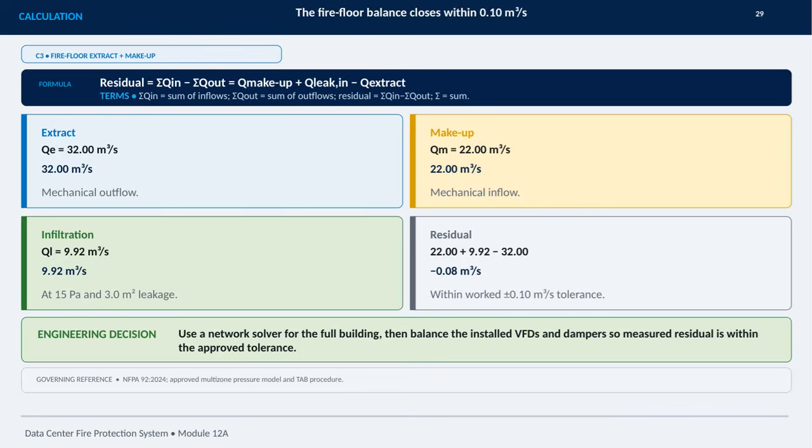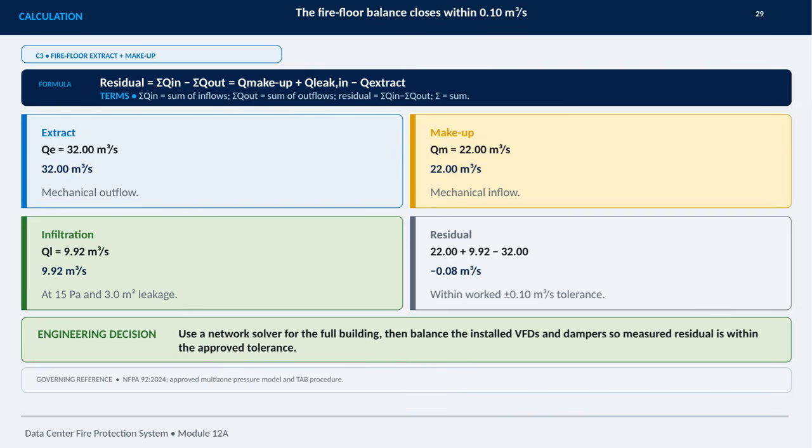This slide checks the fire floor air balance using the residual method. The governing relationship is the sum of inflows minus the sum of outflows. In this case, the mechanical inflow is the makeup air at 22.00 cubic meters per second, while the mechanical outflow is the extract at 32.00 cubic meters per second. We also account for infiltration into the floor. At a pressure of 15 pascals and a leakage area of 3.0 square meters, that inflow is calculated as 9.92